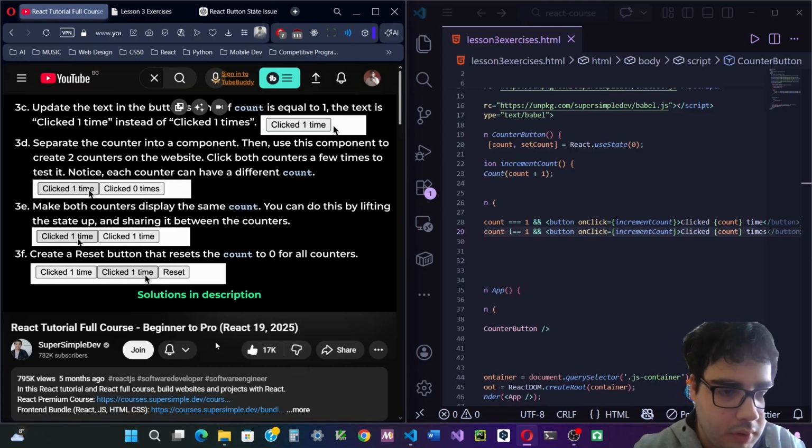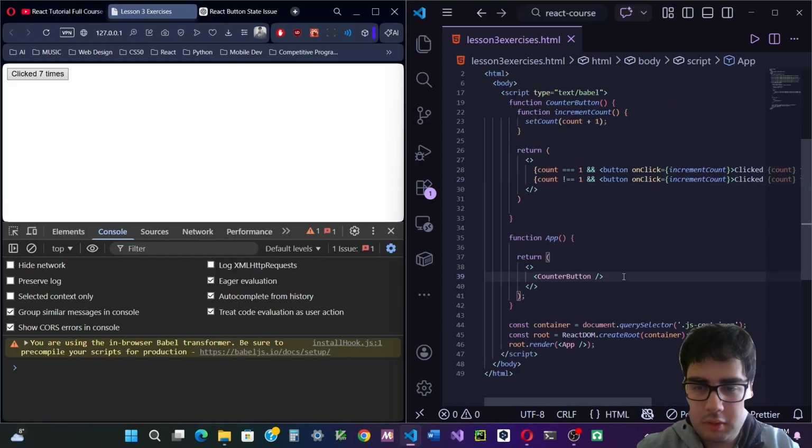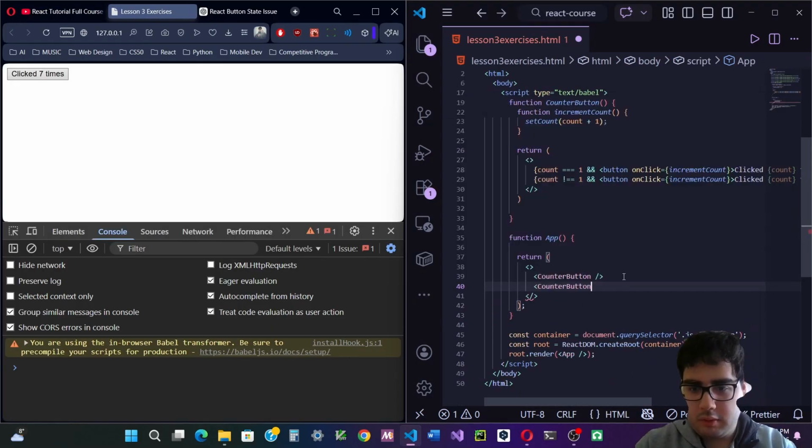Separate the counter into a component and use this component to create two counters on the website. Click both counters a few times to test it. Notice each counter can have different counts. I already did separate it into a component, so I'm just gonna